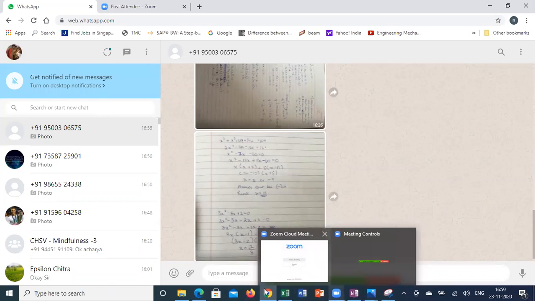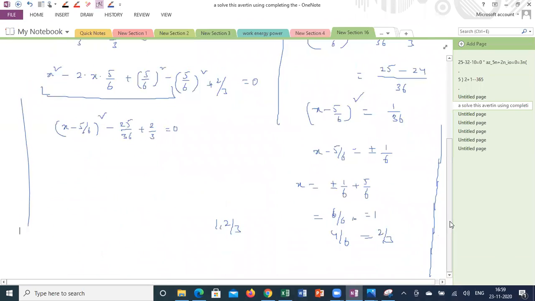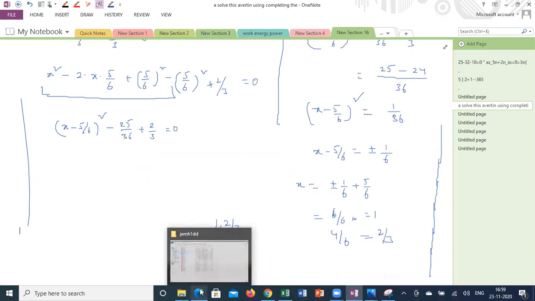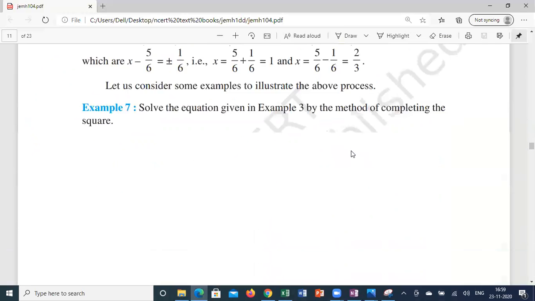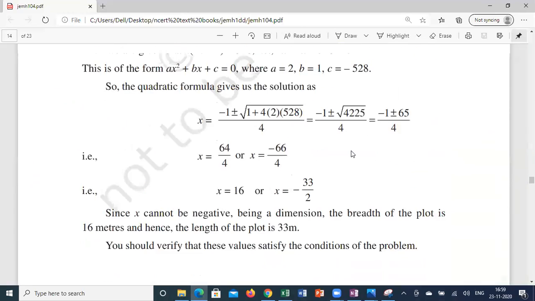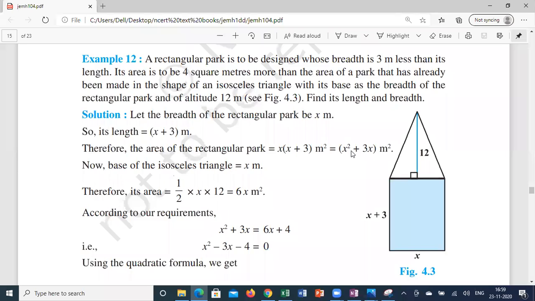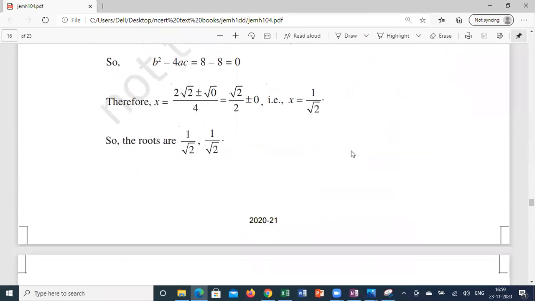Guys, try to explore some more numericals related to quadratic expressions. Try different kinds of solving methods and different kinds of numbers where it is not so easy to split the middle term. Pick those kinds of questions and do them. Equations reducible to quadratic equations are not part of the syllabus, but if you solve them, it will be easy. Mostly it will be useful in physics and other places wherever quadratic equations come up.